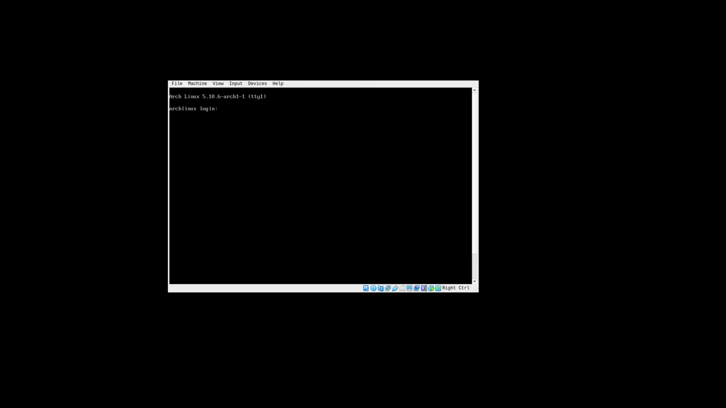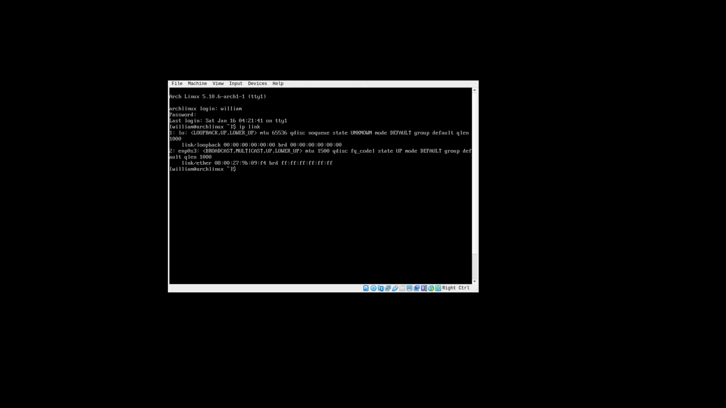The first thing you're going to be greeted by is this login screen. After you restart into your newly installed base system, you're going to log in with the username and the password that you set during the installation. And now the first thing you do after that is going to be running ip link, just to get your network